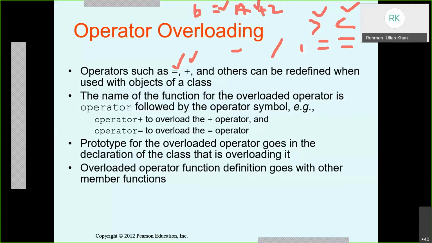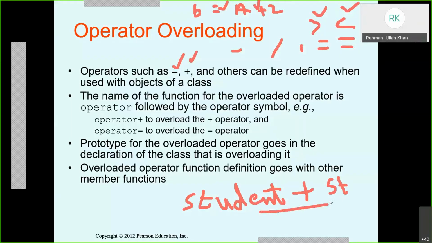But these data types don't know about the user-defined data types, don't know about the classes. For example, let's suppose you have a class student, and you created objects of the student, and then you apply the operator plus. So student plus student, let's suppose another student. Student plus student means what? It is a nonsense, right? But how to deal with this type of operation then? Again, for example, if you have a class for distance, we mostly measure distance in inches and feet. So it's a class, and it has two data members, inches and feet.